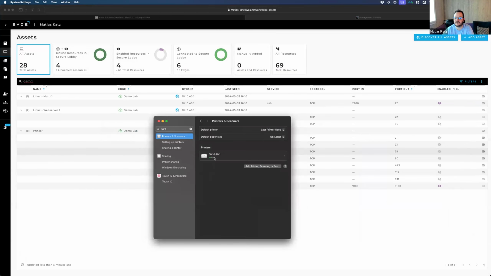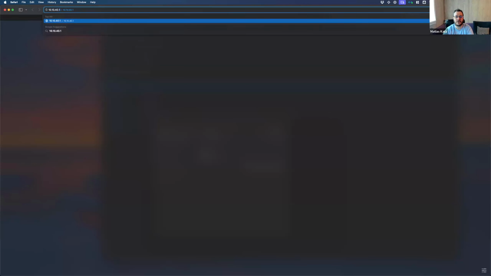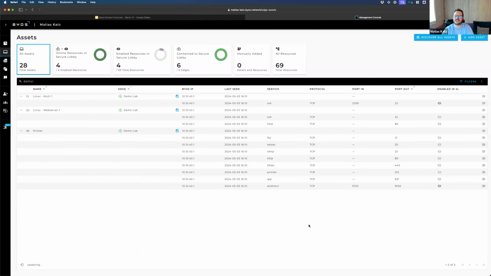And now it's added. At the same time, if I try to access the web portal, 10.10.41, it's still not going to work because I, as an admin, did my job. I configured the printer. That port does not need to be open any longer. That's it. Now the printer is only enabled on a tiny speck of my entire network,